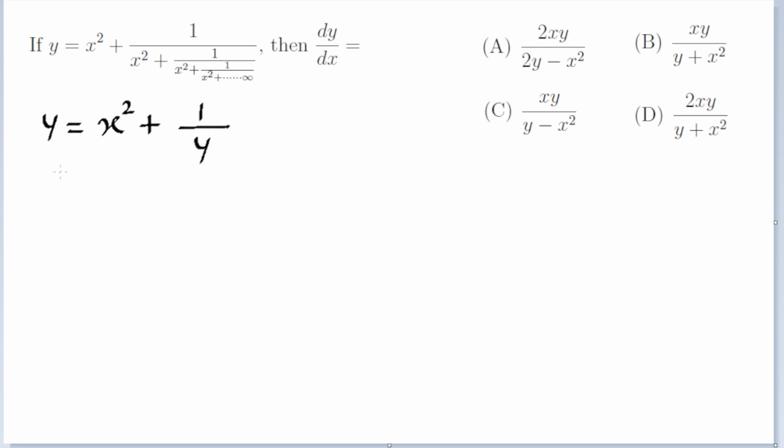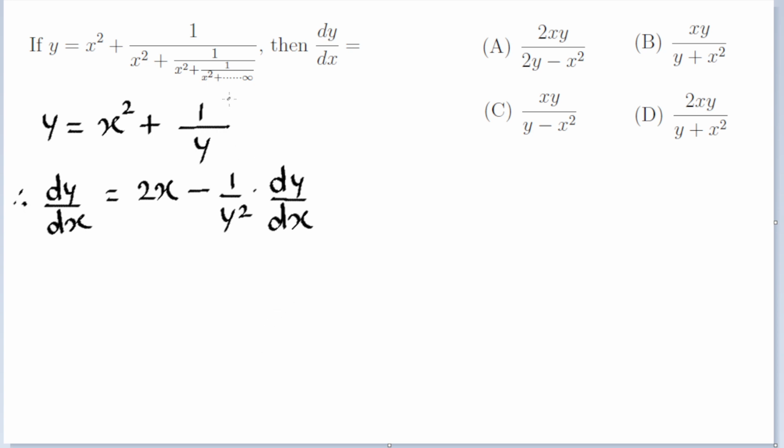So moving on, now we get a very simple, shorter expression to differentiate. So let's go ahead and differentiate. We will get dy by dx equal to 2x minus 1 by y square times dy by dx. Perfect, because we have to differentiate 1 by y with respect to x, so we have to use the chain rule. Now let us bring that negative term to the left so that we can club the dy by dx terms, and we will have